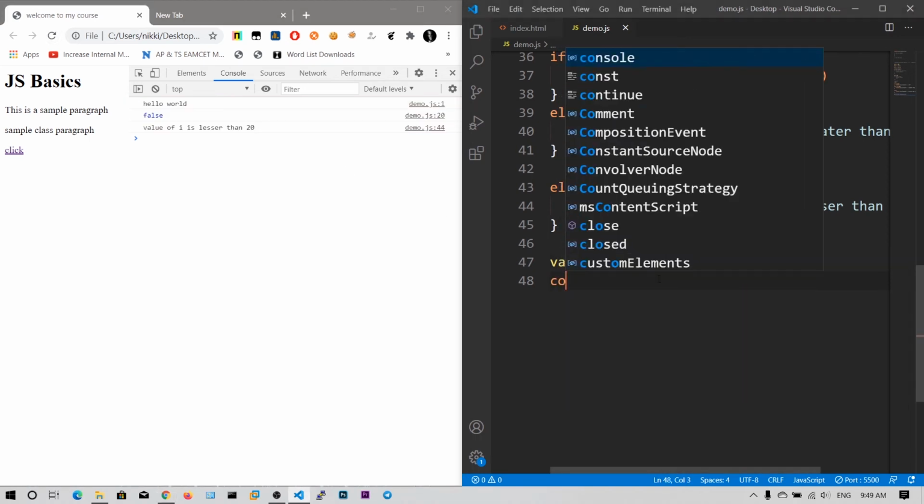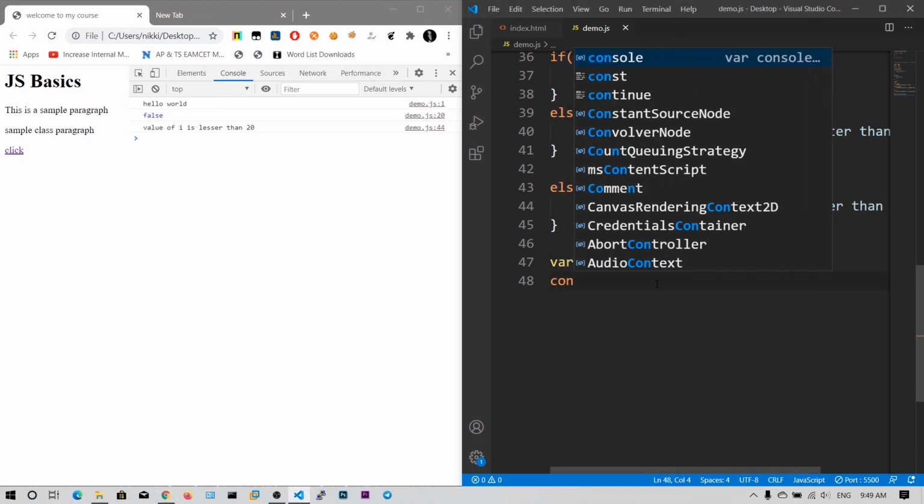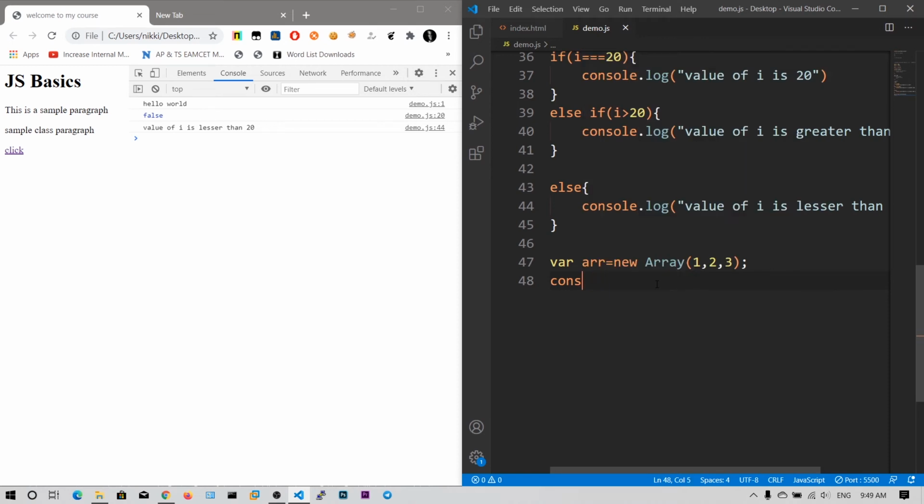So let me print out the array value. So you can see there are three values represented by 1, 2, 3, and here you can see the length value 3. Okay, and then at 0 index we have got the 1.